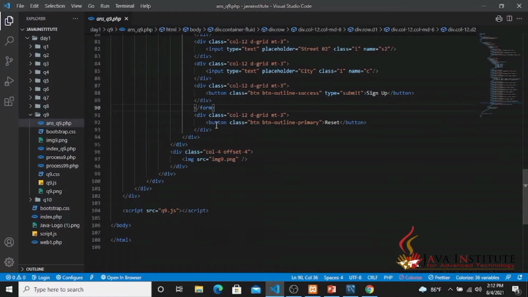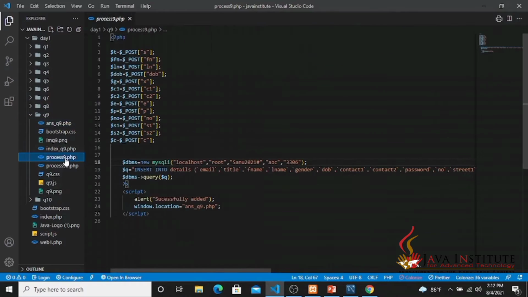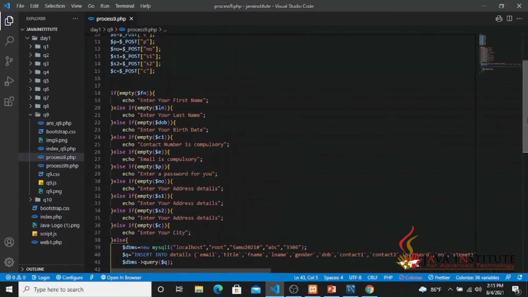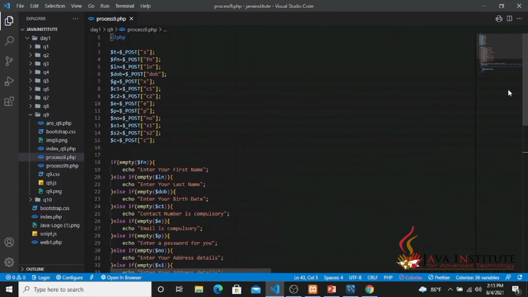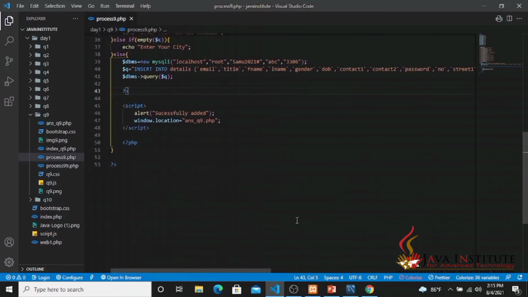In the question I could see that all the fields must be validated, but I have not created it yet. I'll show you how I validate these, and as all these questions are linked with my previous two videos, question 7 and question 8, I'll show you how I can validate all these fields. Here you can see I have added the validations also. By looking at my previous video you can understand how these validations are done, but I am not going to show how these validations are done in my web page.